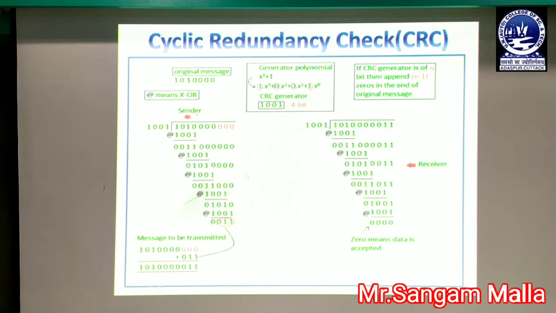In this way we calculate the divisor from the polynomial and we divide the whole data by the polynomial. Whatever remainder we get, we add it to the end of the original data which is received at the receiver side. So this is the original data and this is the code word that is received at the receiver side. So this is all about cyclic redundancy check.